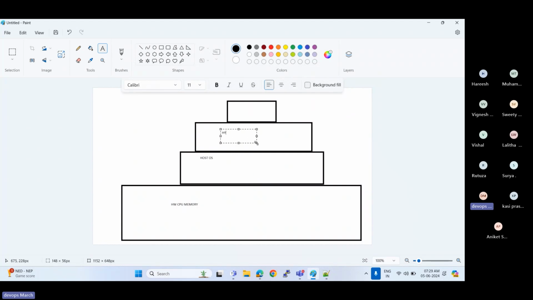Here we will install the hypervisor, and on top of that we will deploy multiple applications. Do we need to install the hypervisor, or will it be available already? If you go with the virtual server approach, it will come automatically.